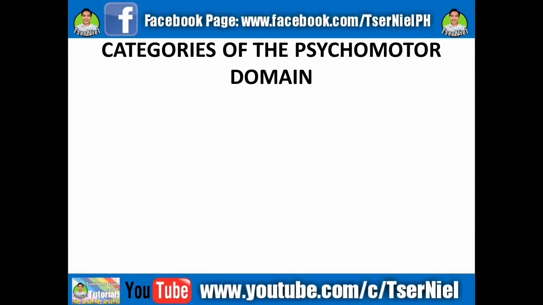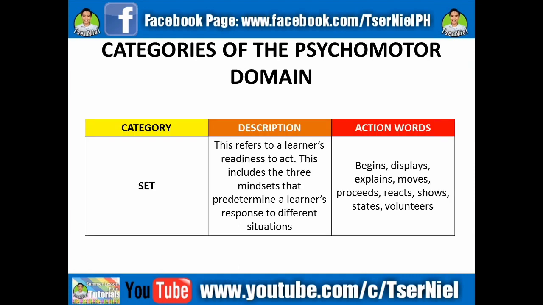The second category is set, and this refers to a learner's readiness to act. And this includes the 3 mindsets that predetermine a learner's response to different situations. Kanina sa first category, nakakita pa lang ang learner ng stimulus bago pa siya gagalaw and perform the activity. Pagdating dito sa second category, isa-set na niya ang kanyang isip and yung kanyang emotional status and yung kanyang body